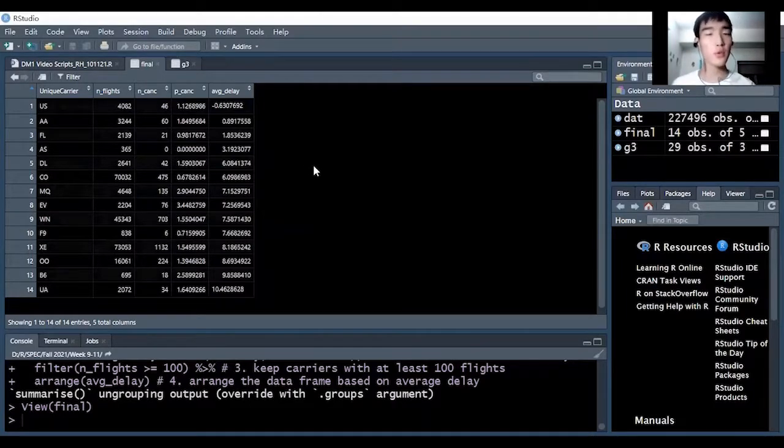Cool. This is a pretty complex example, but if you understand it, that means you're doing really well with the dplyr package. And this is the